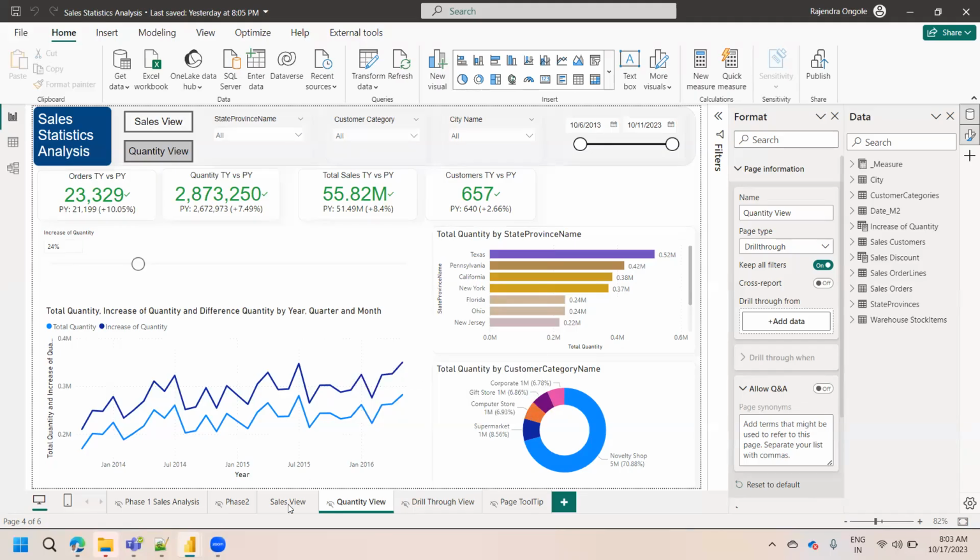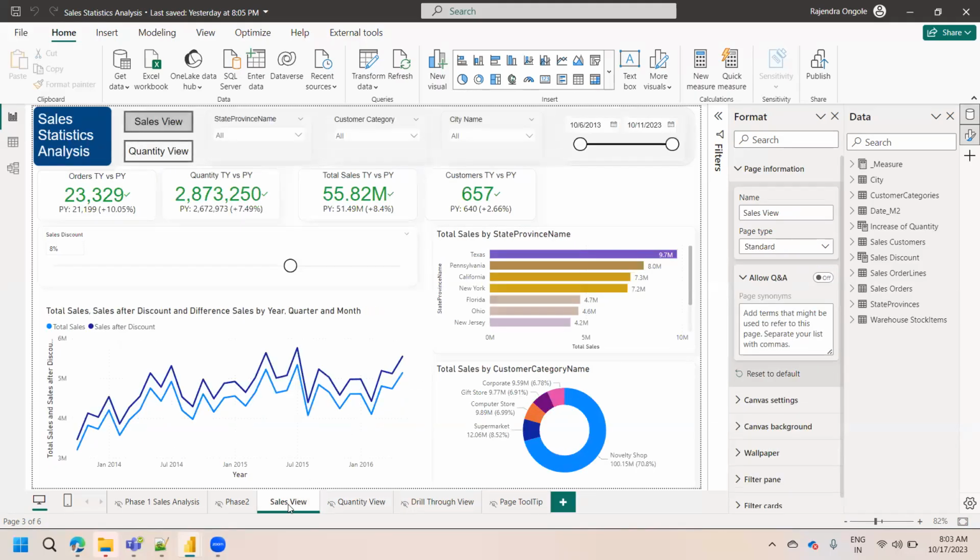Suppose I navigate to the sales view and select the drill through option. From the drill through, if I use the back button, it will take me to this sales view page. So from whichever page you navigated, it will come back. Okay,